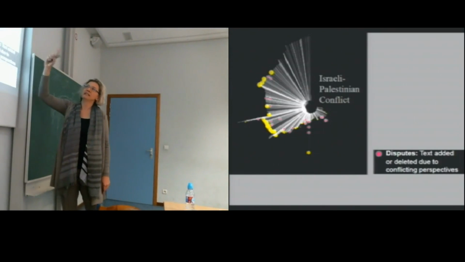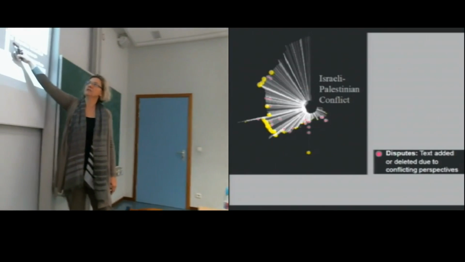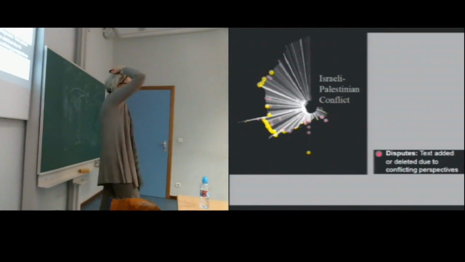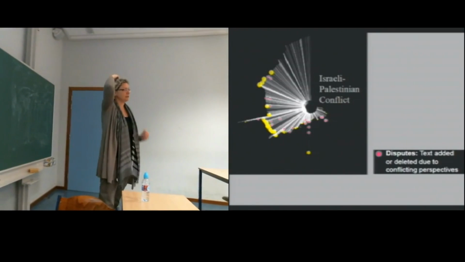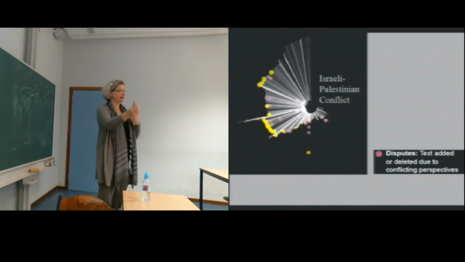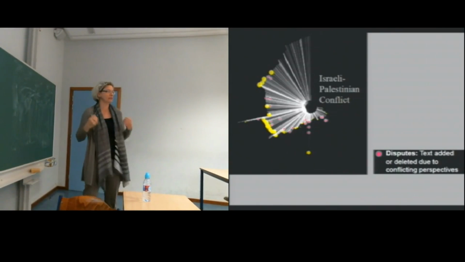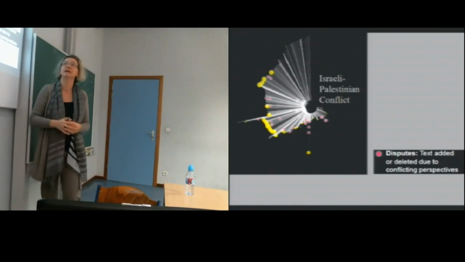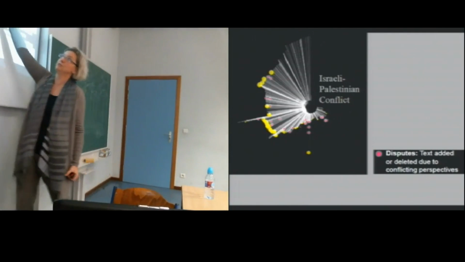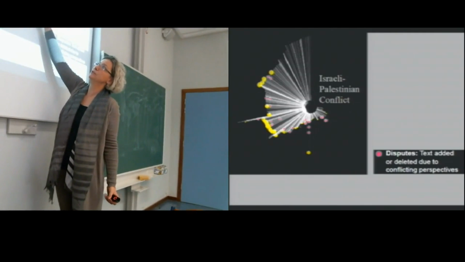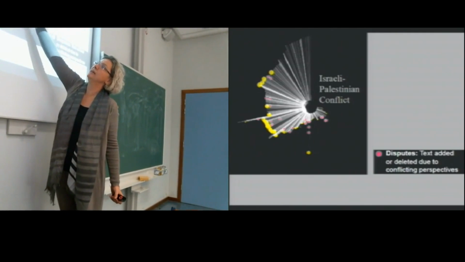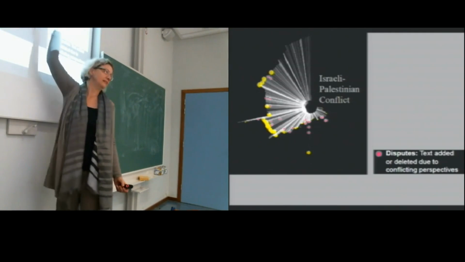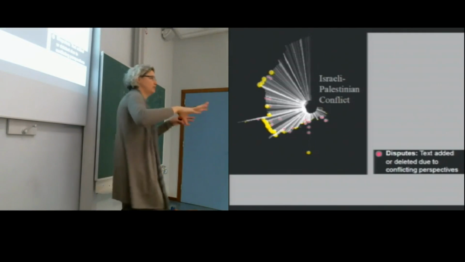Here it shows what I said before. The red dots are all the places that in the comments it's very clear that they are disputes. So they are back and forth, they do not agree in any fashion to the introduction or deletion of the text. And I think it's really interesting to see that, as I said before, in spite of the many disputes, there is much more than this. One needs to enter to see the amount.